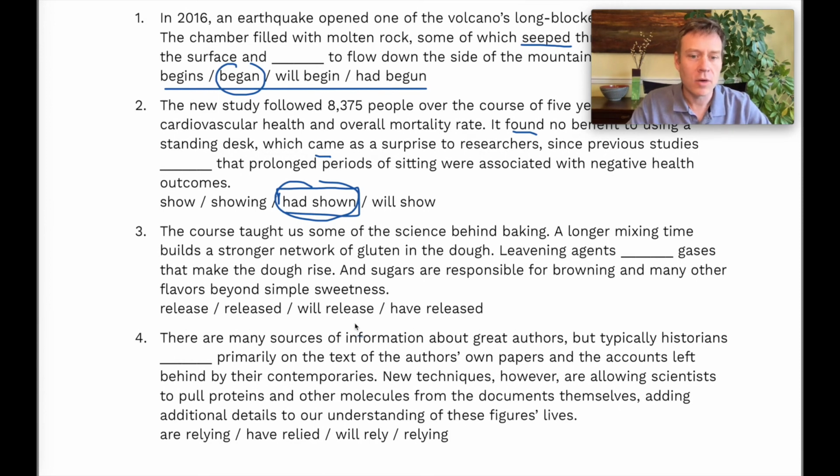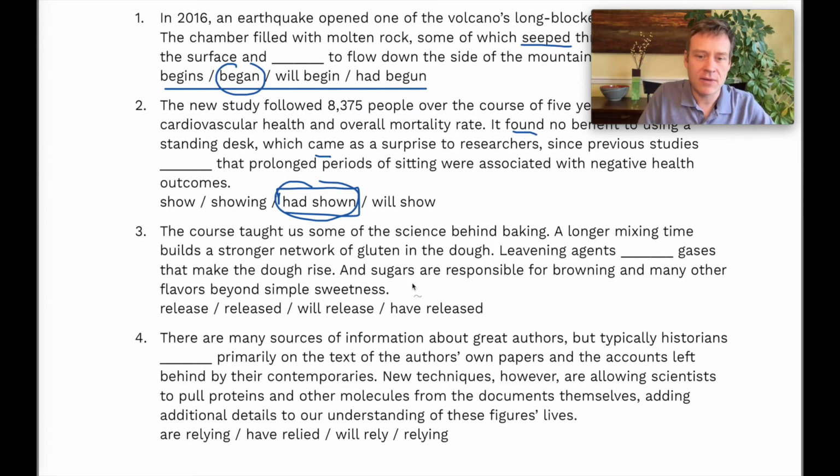Okay, the course taught us some of the science behind baking. A longer mixing time builds a stronger network of gluten in the dough. Leavening agents do something that make the dough rise, and sugars are responsible for browning and many other flavors besides simple sweetness. So in this case,